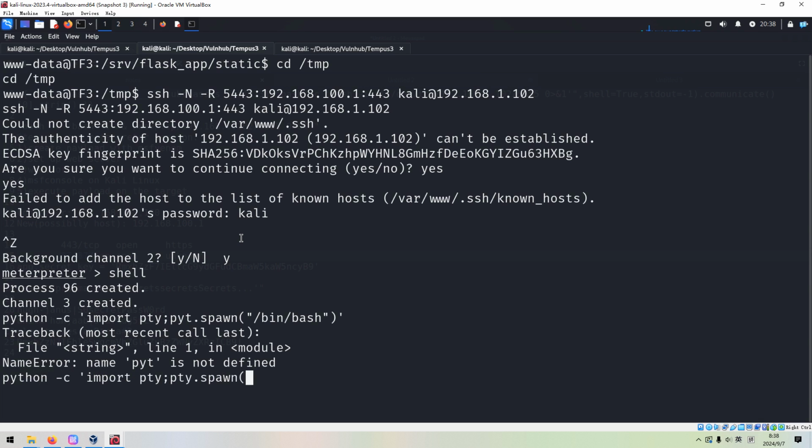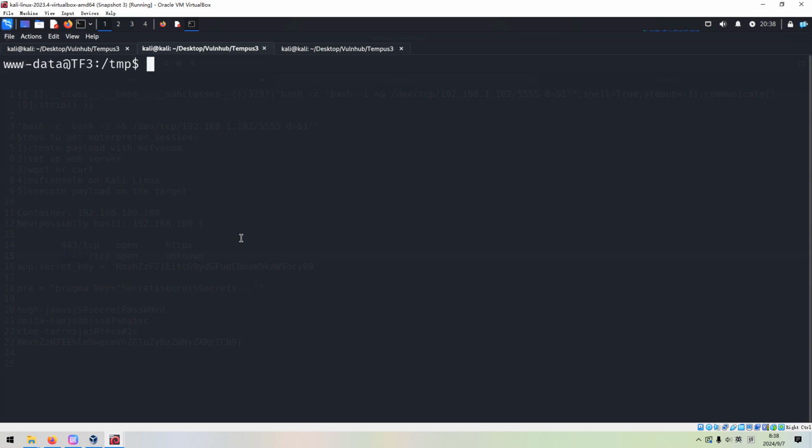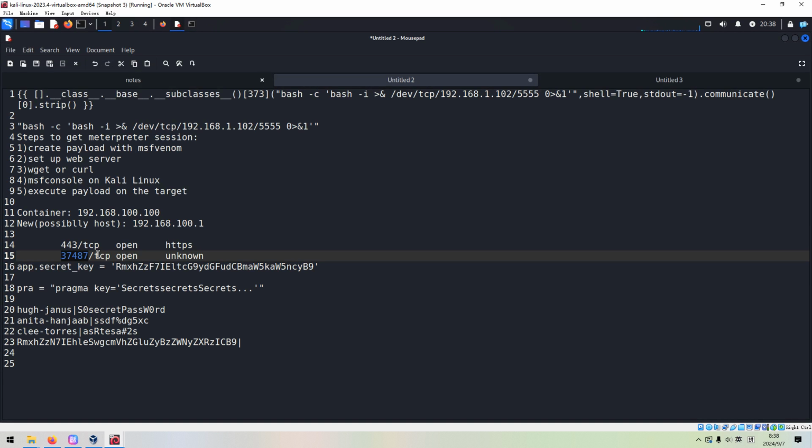PTY spawn. Okay, export TERM. Clear. And now we can set up another tunnel, and maybe we can use the same or another port number.